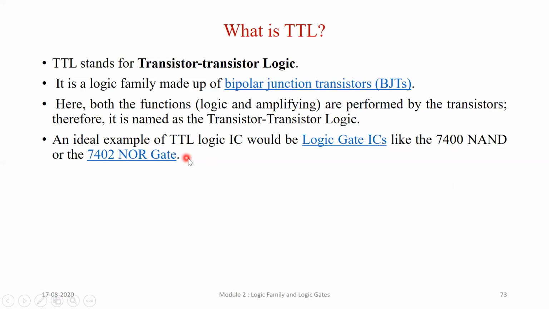So TTL is the most widely used, at least in academics and normal testing of digital, we use the TTL. So right now you remember TTL logic family starts with 74XX series. That XX, if it is 00 that is NAND, 02 it is NOR. Okay. So CMOS is made using NMOS and PMOS. Okay, that is usually MOSFET, and your TTL is made up of BJT. That is the difference between your CMOS and TTL.